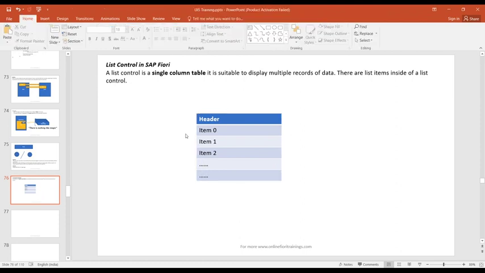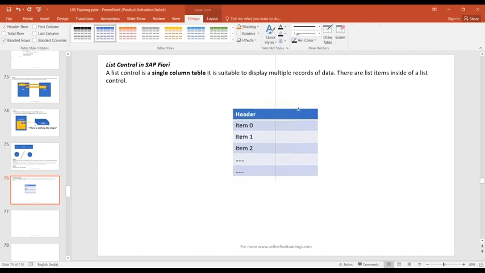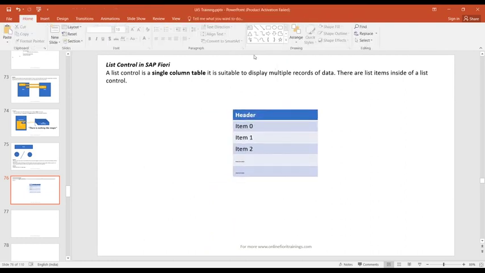Is this clear, guys? This is how a list control looks. On the top, we have the heading of the table, and at the bottom, we have all the items of the table. It is a single column table, guys. This is your items aggregation, and this is your header content,